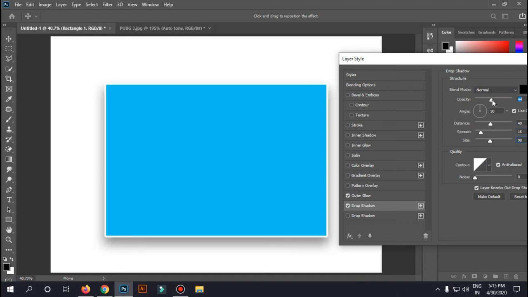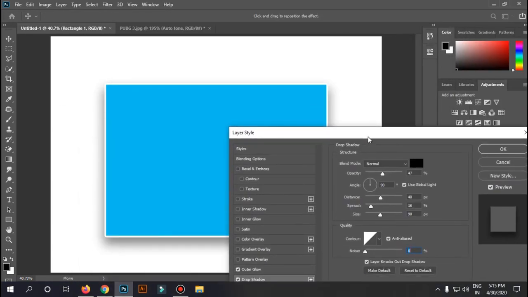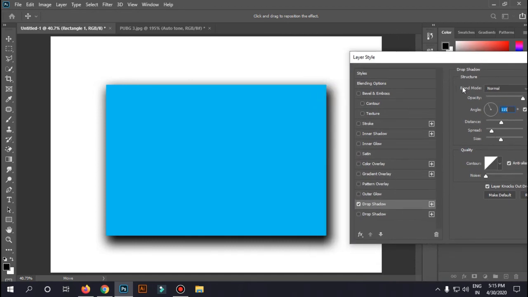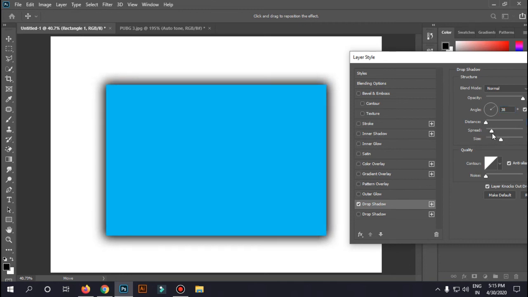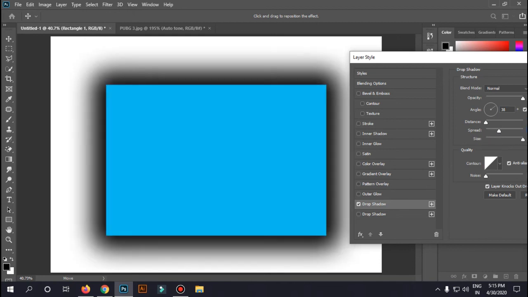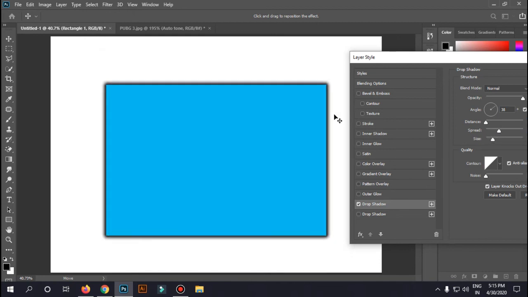You can even adjust the opacity, and you can increase or reduce the noise. Just play with these kinds of settings, and you can even play with the angle of the drop shadow here. You can take a look at it. I'll disable outer glow. We'll get back to that later. You can take a look at this. You can even reduce the distance. You can increase the spread. That's not good. You can resize it, play with the settings and get to know it.